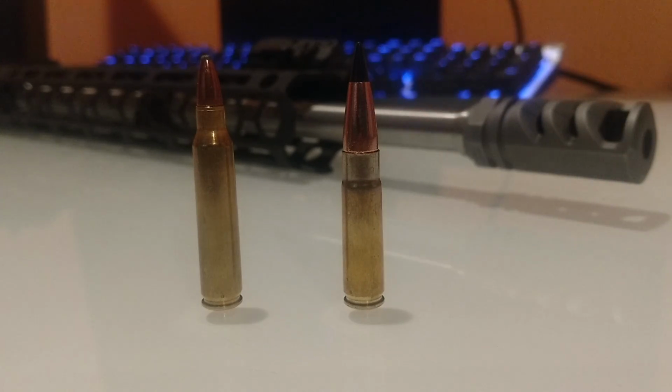It's not barrel length dependent, which was another criteria they made when they made this cartridge. It had to not be barrel length dependent. It had to be readily available in subsonic form, and it had to ballistically match the 7.62 by 3.9 in supersonic form. And that is what they created. They successfully created it. And it's very impressive, and that's why this cartridge, since 2011, when it was semi-spec'd, has